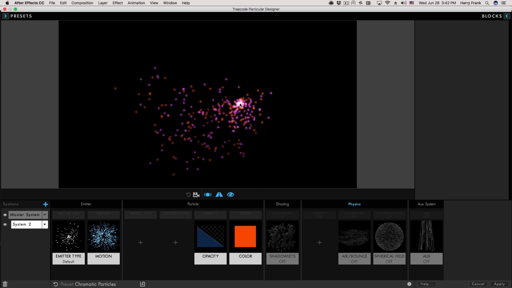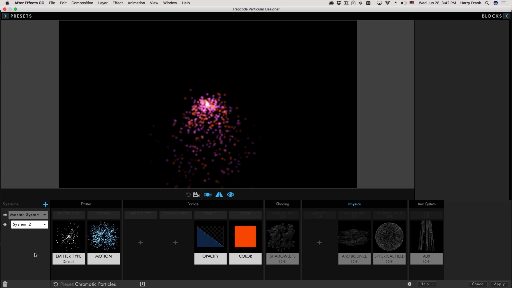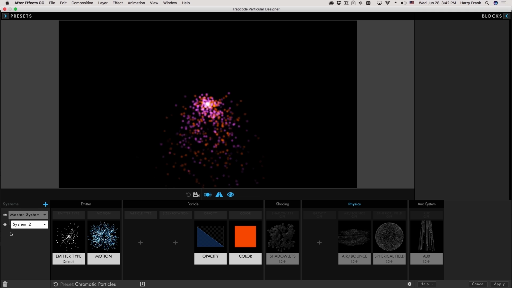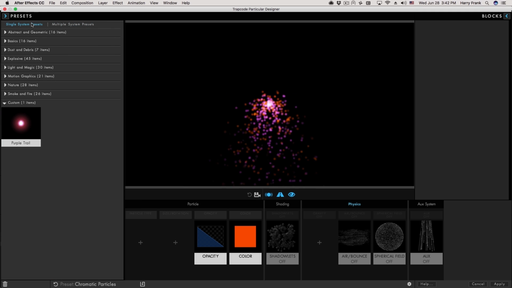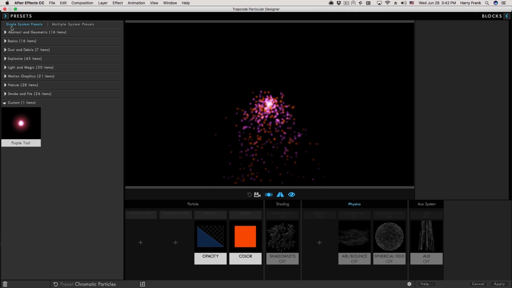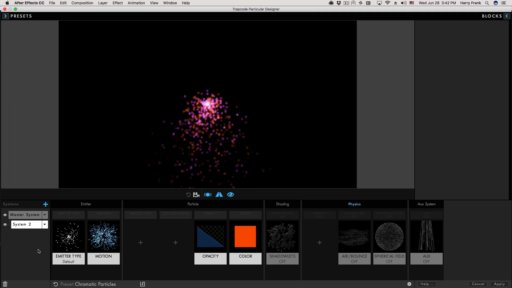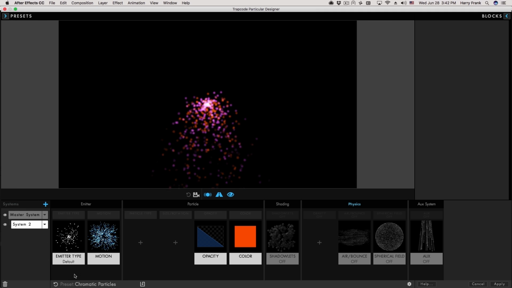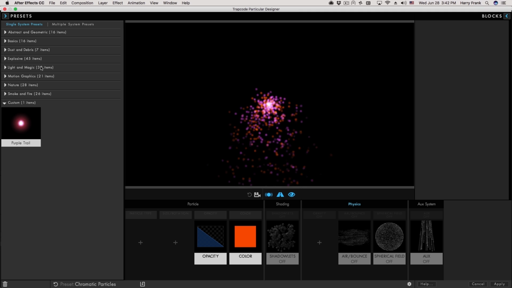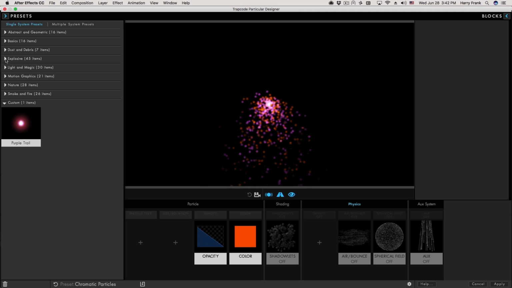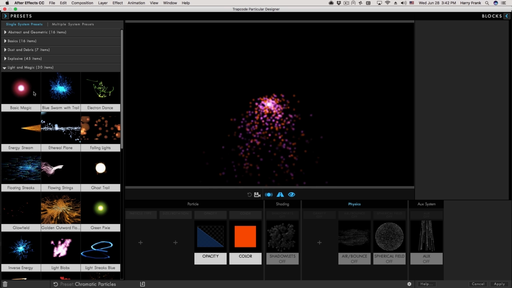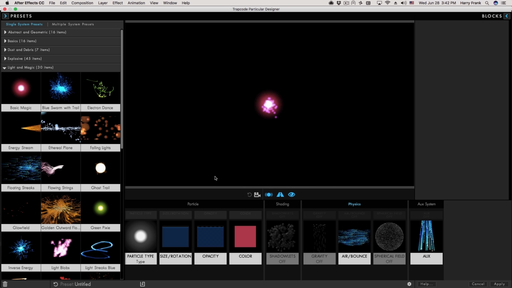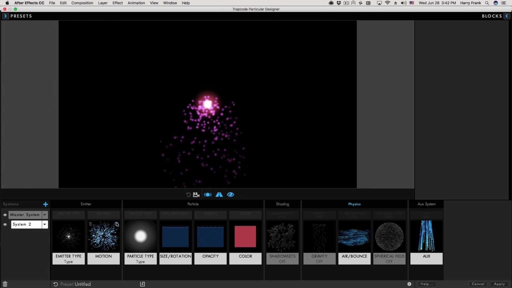I mentioned adding a glow core to this. So rather than loading a new multi-system preset, I'm simply going to load a single system preset. And that is this tab right here. So if I load any of these, this is simply a single chain for one single system. Now, you have to be careful when you do this. Let's say I go to the light and magic category, and there's this one called basic magic right here. If I click on this, it's going to load it into the current system,